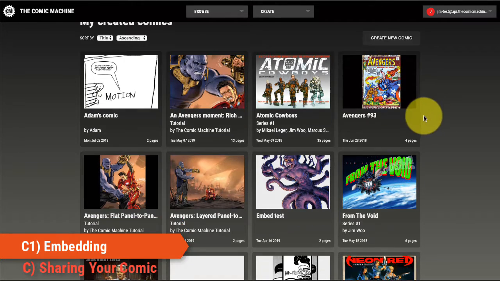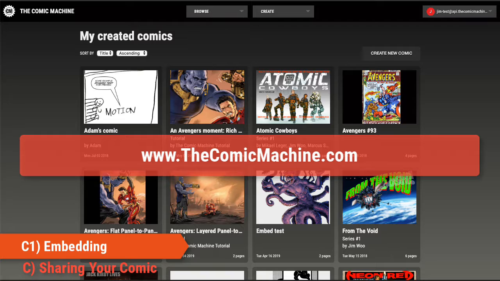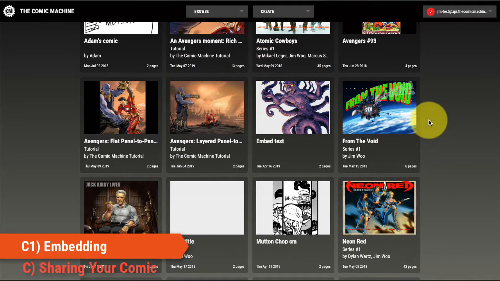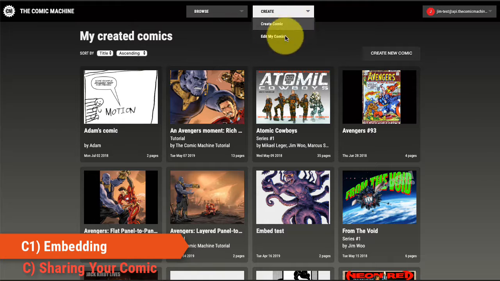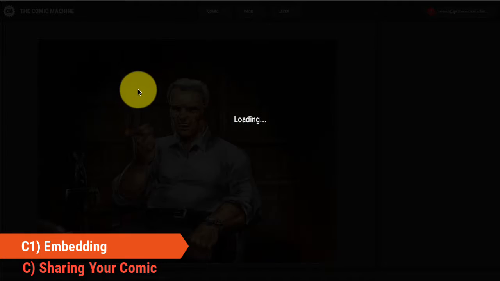So first off, you need to log into your Comic Machine account. Again, you can get your own account at www.thecomicmachine.com. You can register yourself and start using it today. So you would have to create a comic in the create part of the website, the platform, and once you've created it, open it up,